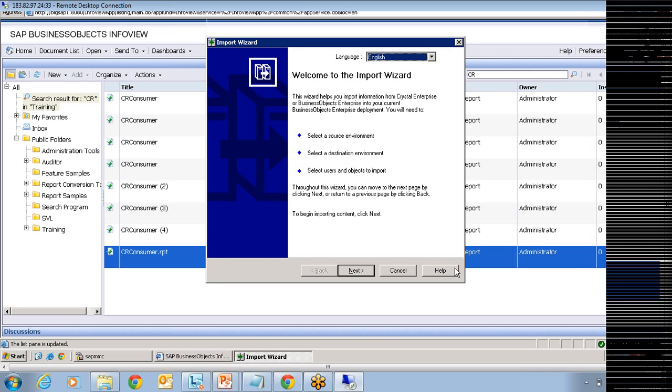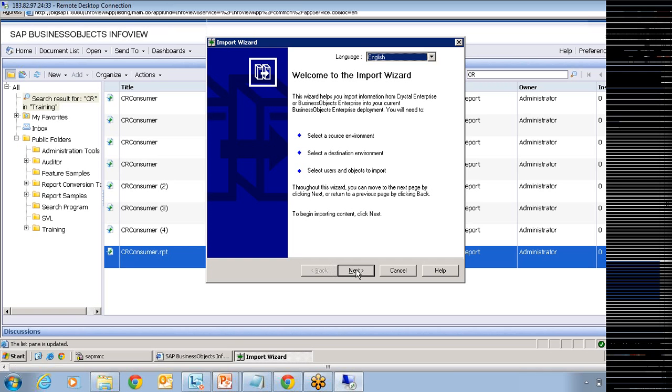If you are running a report which is developed in XI R2, you should be able to run it in 3.1 because backward compatibility is always possible. So Import Wizard is a pure migration tool from one server to the other server of Business Objects.